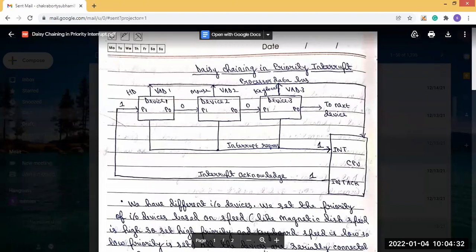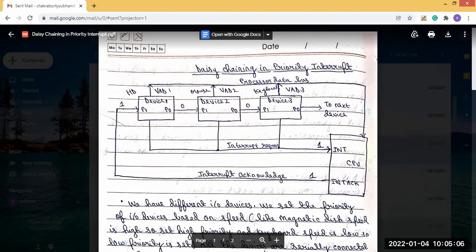Now basically, in our systems, the input output devices are present. We have different types of input output devices, and we arrange these input output devices and connect them based on the priority.